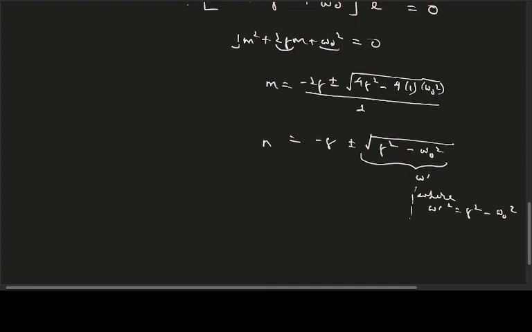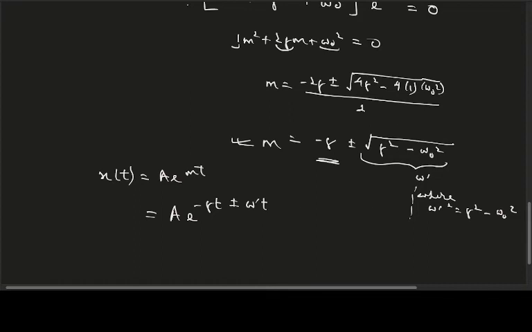So when you get your m, you are halfway through the solution. You just have to put your m back into your trial solution. The trial solution was e to the power mt, of this form. So now what you have is a e to the power minus gamma t. This portion is a constant, so you can just put e to the power minus gamma t over here, plus minus root under gamma square. Let's not write the root, just put our new omega prime